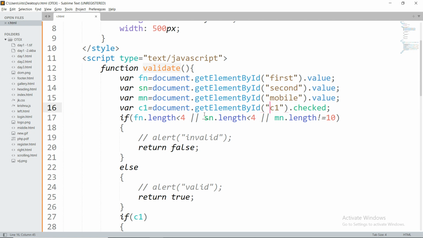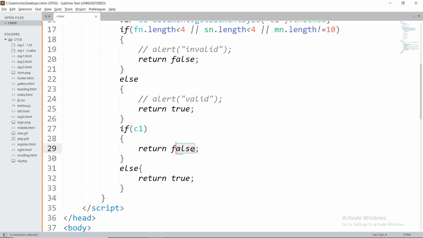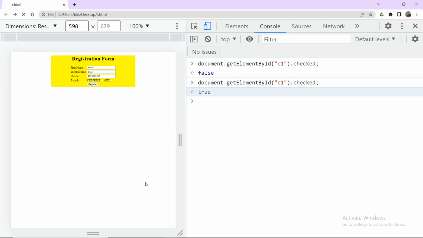Then what I can do, my C1 contains true. If C1 contains true, then only this loop is going to be executed, right? So I am going to return true. What I will do instead, I will go for if not C1, then only I will return false. Otherwise, I will go for returning. Now, guys, you can observe,